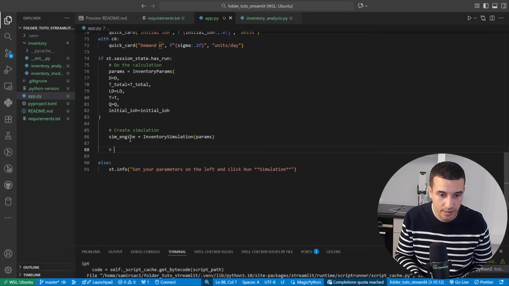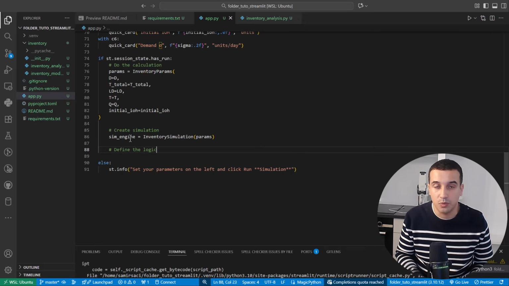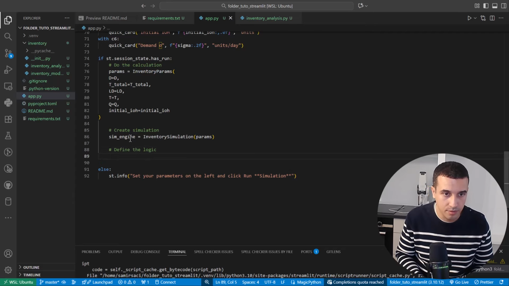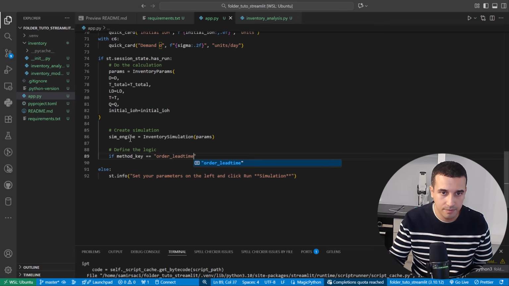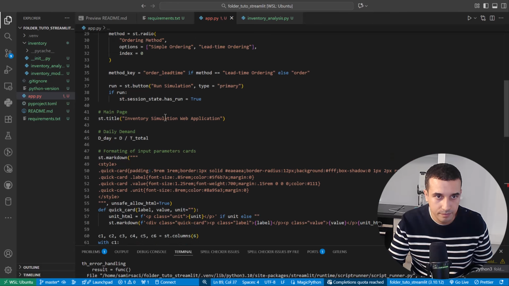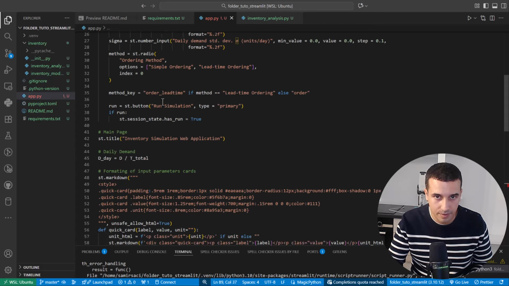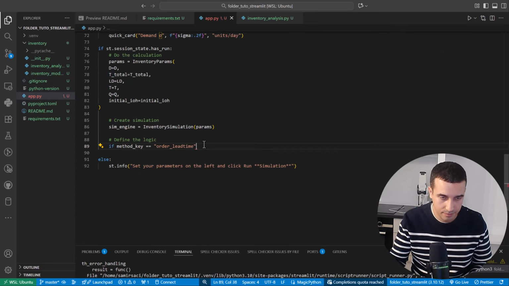And then this is where we have to define the logic that will depend on the radio button. So if method key equals order lead time, yes, exactly, then